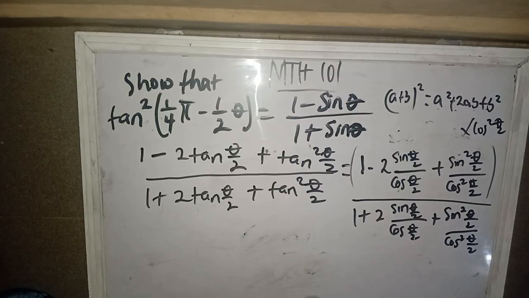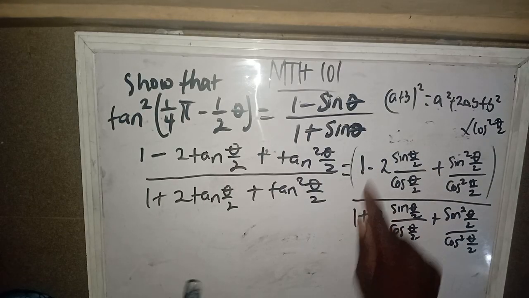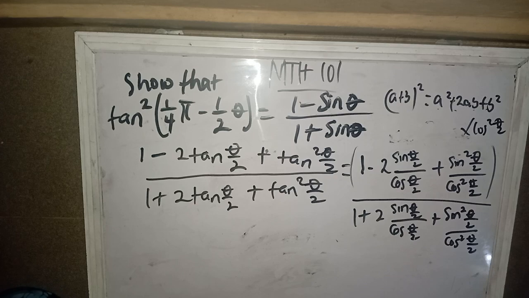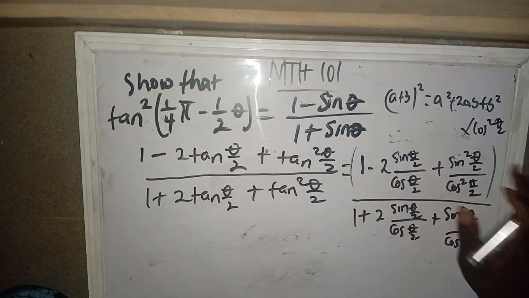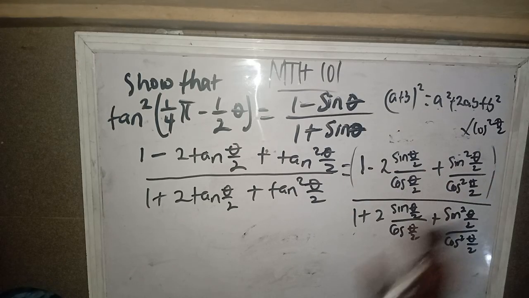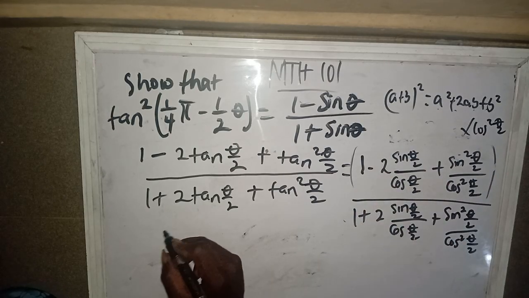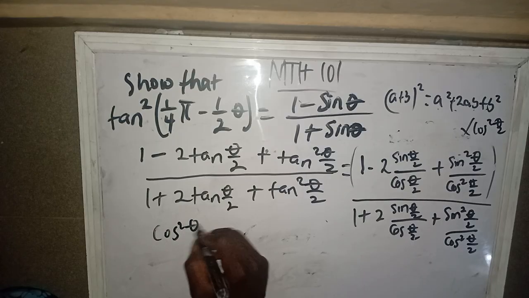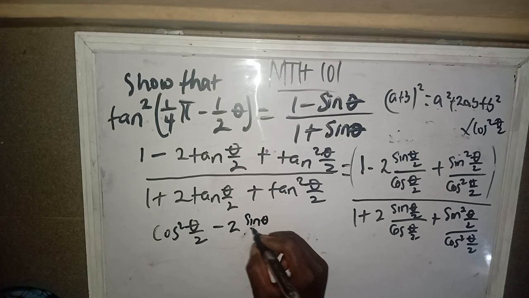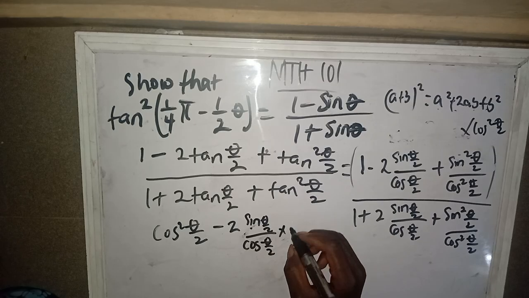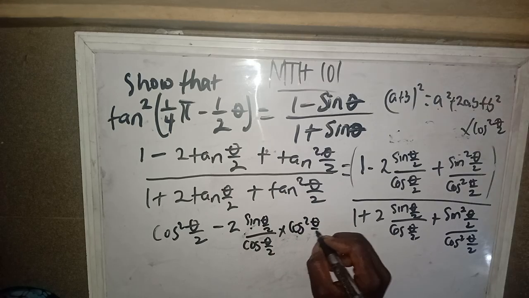Cos square theta over 2 divided by cos square theta over 2 is 1. But I'll just use the numerator to multiply this, denominator to multiply this. So in a nutshell, the meaning of that is that you are using cos square theta over 2 to multiply all the terms in the expression. 1 times cos square theta over 2, you have cos square theta over 2 minus 2 sin theta over 2 over cos theta over 2 multiplied by cos square theta over 2